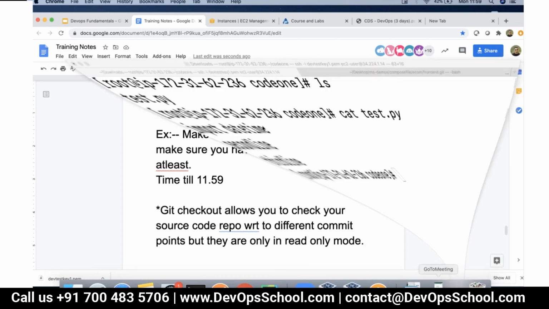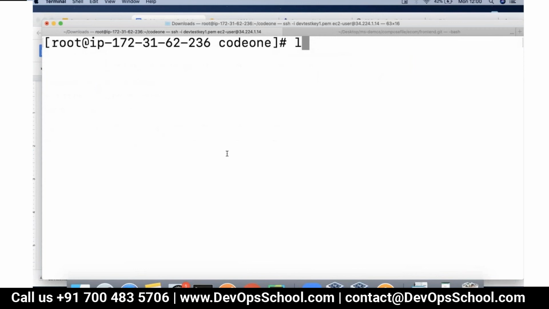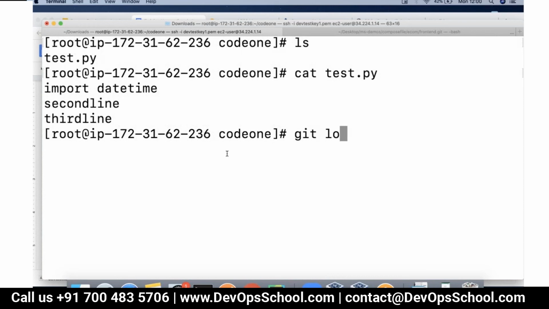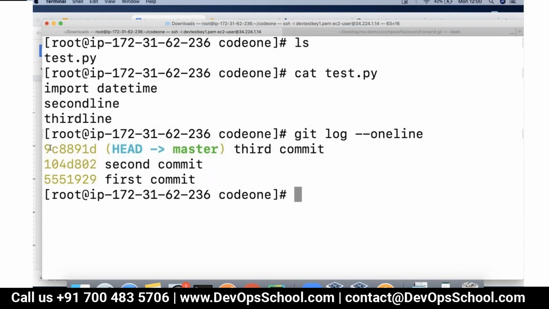For example, right now, where am I? You can see this is my source code repo, and if I do git log --oneline, we know I'm on my third commit, right? Now, when you make multiple commits, there is a thing called HEAD. Now, what really is HEAD? HEAD is a moving counter which by default points to the latest commit. And you can see all my source code is there.